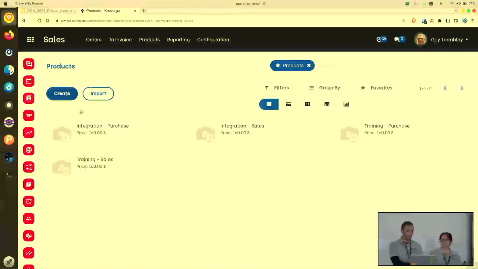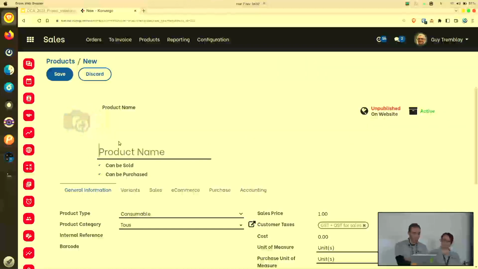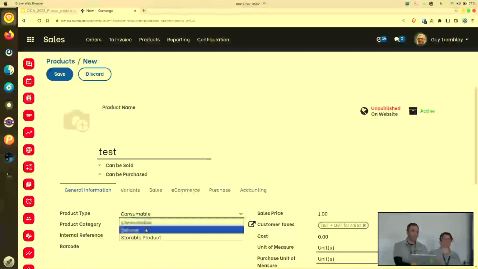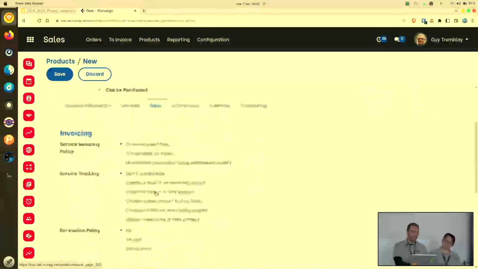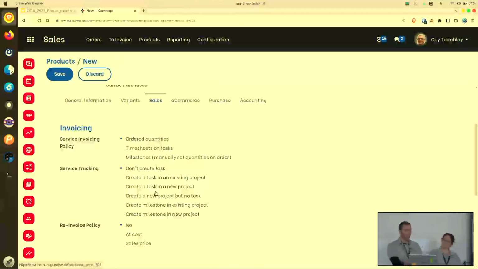So just to show you, if I create a product, of course it should be typed as service to be able to configure it to generate a milestone. But you have a new option. So you can now choose to create a milestone in an existing project or a milestone in a new project. So those are options that are facilitating,